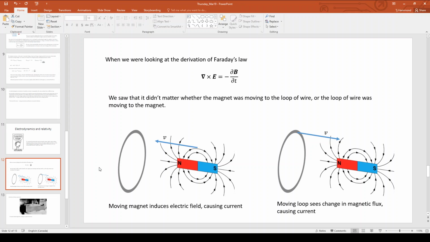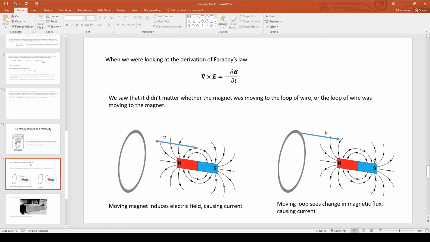law. Because from Faraday's law, we saw that the curl of an electric field is related to the rate of change of the magnetic field. But we saw that when Faraday first observed this, he could have some ring here, some loop of wire, and he could move this magnet into this wire, and saw that that created a current here,